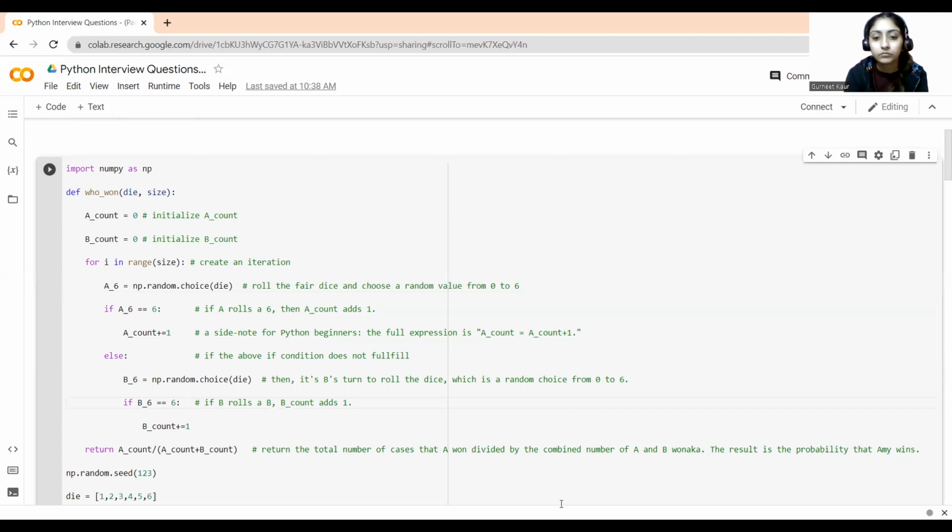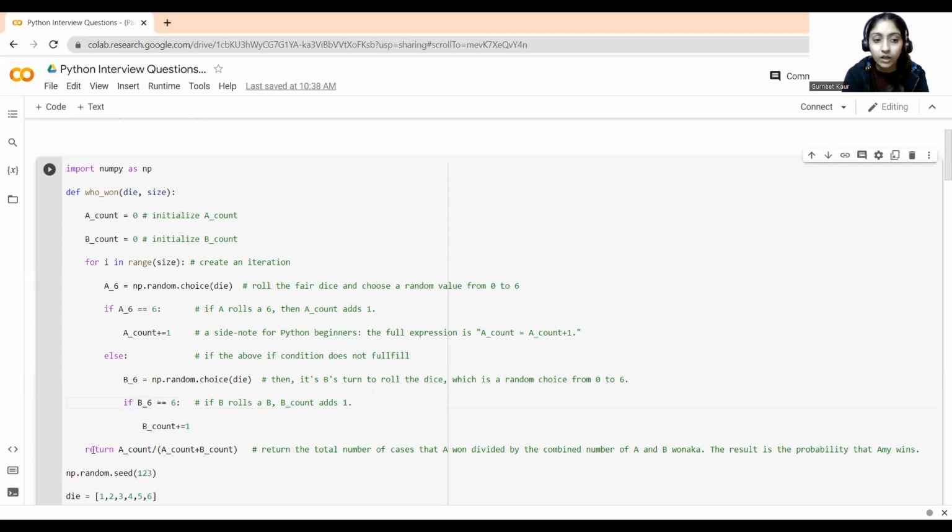Now a underscore 6 is the data distribution for Amy and b underscore 6 is the data distribution for Brad. If she has a 6, her count will be plus 1. Otherwise, Brad can roll the die, and if Brad's die value is 6, then b count is plus 1.